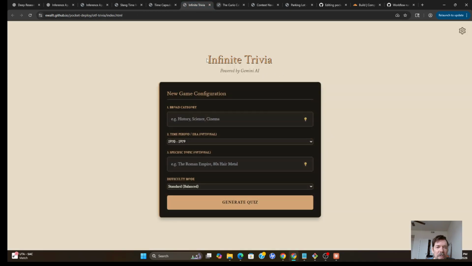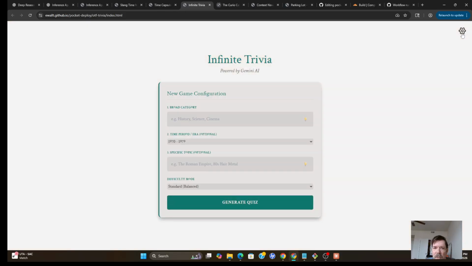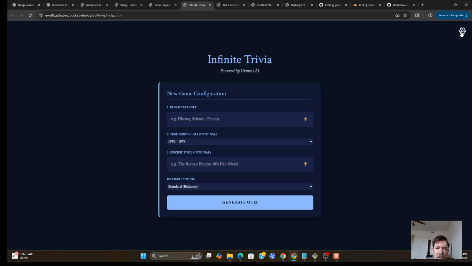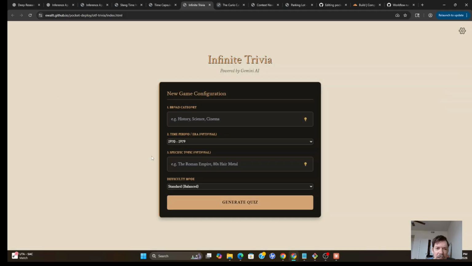Then this one, Infinite Trivia, it came up with the name. I gave it the interface. I like this look and feel. And there's different color schemes that you can use, that you can click through. So this one, I came up with the UI for this and the basic concept, but it came up with the name and also